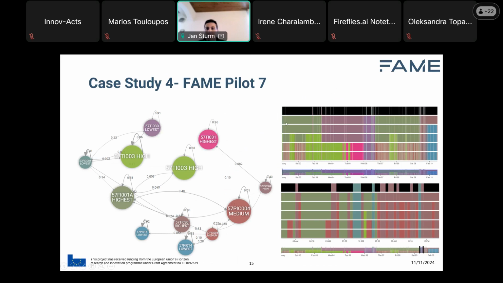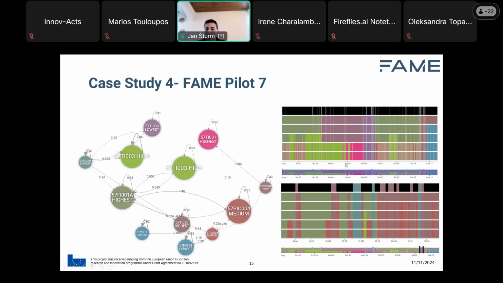On the right, as I mentioned, we have state transitions. The top one is the original one, and we can focus on one particular part of it. The top right state transition history is not really intuitive. You can see a lot of mixing between the colors and the states. We can also see the timeline. You know, here is Tuesday, 5th